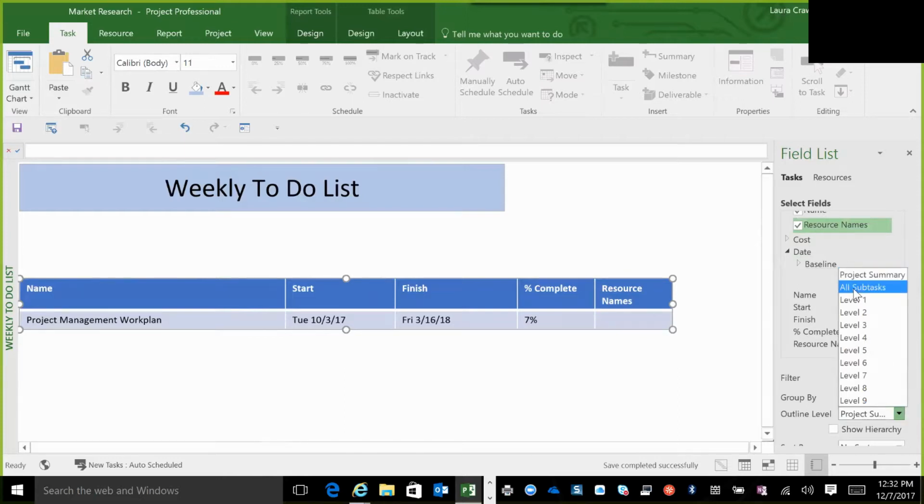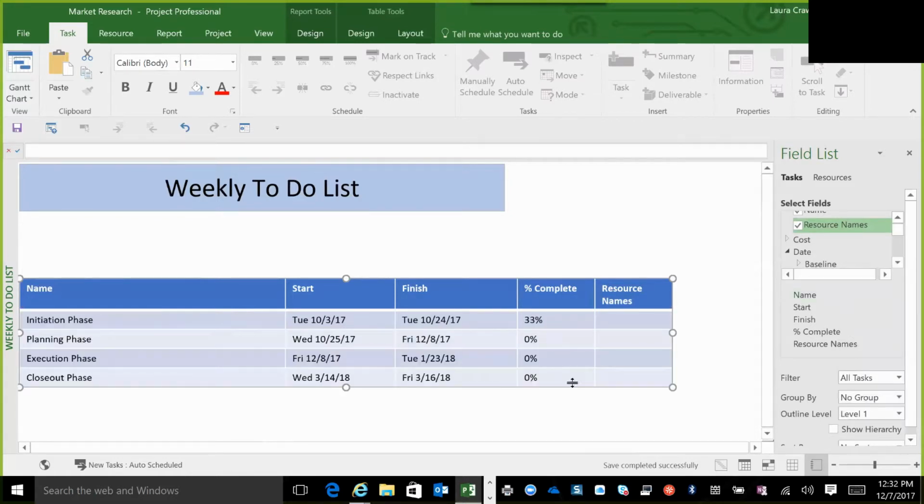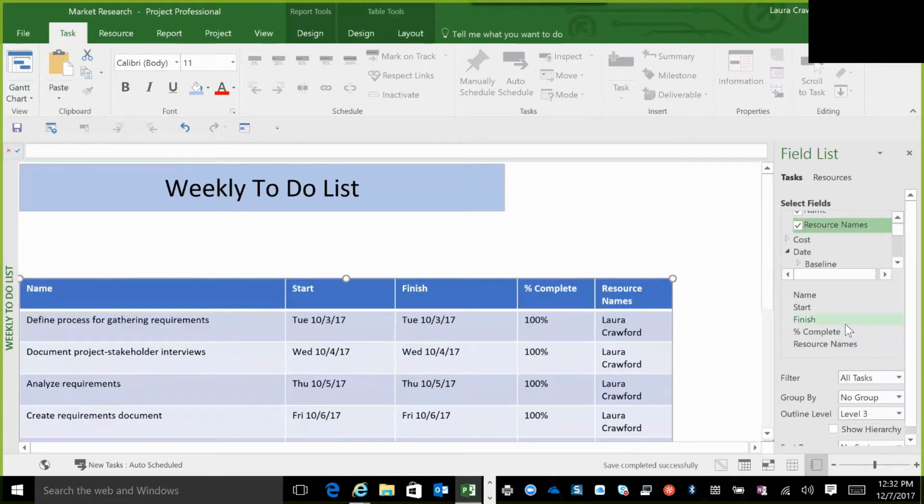All right. So if I wanted to throw in all my subtasks or level 1, you'll see this is just by phase. But again, I don't have resource assignments at the phase level. So I need to break this down a little bit more. So if I go down to level 3, or I might have a level 4 in here in this project template. All right, so you'll see here, now I see a list of the resources, I also see tasks here